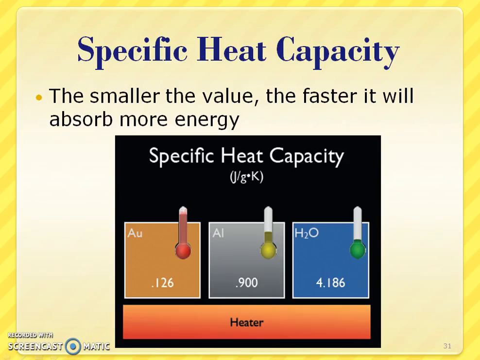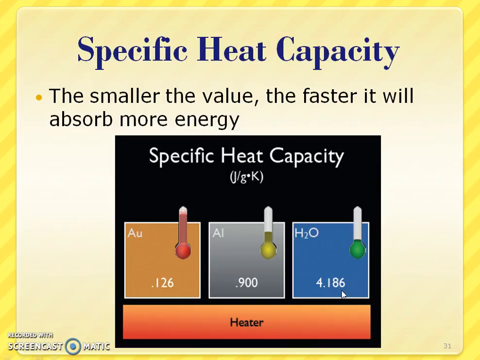So specific heat capacity: how much heat something can hold. If we look at these values, you might have learned about specific heat in Chem 1 and did a lab. If we have gold, this is just saying that it takes gold 0.126 joules of heat energy to raise 1 gram of it 1 degree Celsius. Aluminum, 0.9. That means it takes a little bit more energy. If you had a piece of gold outside versus a piece of aluminum, the aluminum is going to take a heck of a lot longer to warm up. Same thing with water. Look how huge that is.